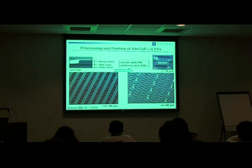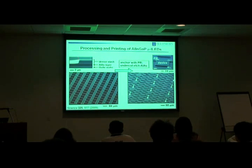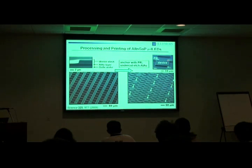So the process for building these thin LEDs involves laterally defining their geometries by vertically etching down through the active materials to expose the aluminum arsenide. Then we pattern little pieces of photoresist that anchor these devices to the underlying layer after they're completely undercut etched by immersion in HF. So these devices are in a diving board type geometry, anchored at their endpoints by these photoresist anchors such that they don't lose their lithographically defined locations and simply wash off into the etching bath after eliminating this aluminum arsenide layer. So this is what